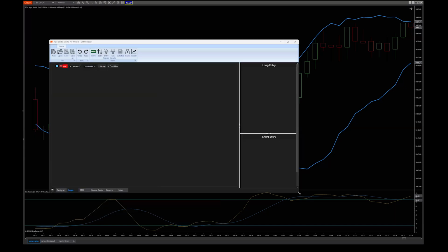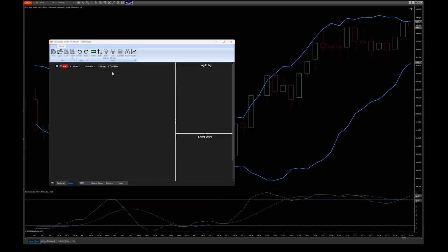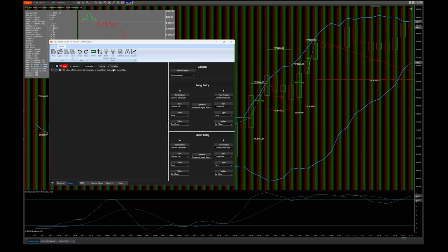So how would you build something like this? Well, you would, in this case, add a condition. The first condition would be to look if price is above the Bollinger Bands. So you would say, okay, if price, the bar close should be greater than, and then over here, I would like to have the Bollinger Bands.